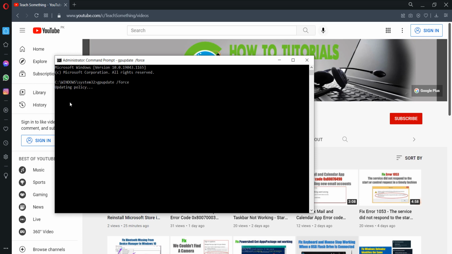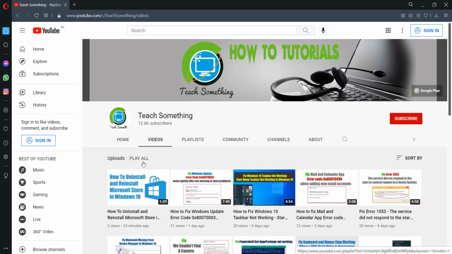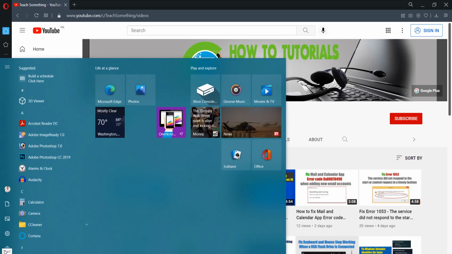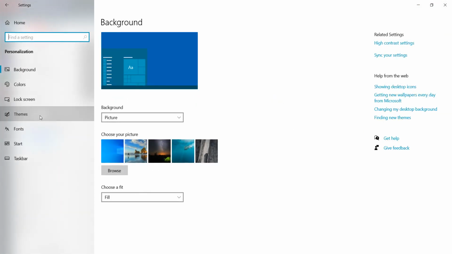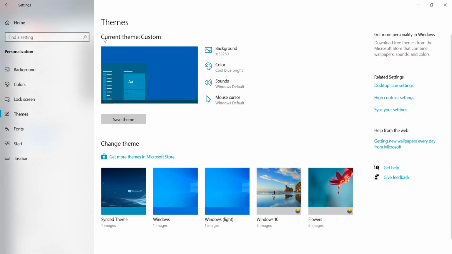After doing this, it requires a few seconds to complete. Now you can see that your group policy updates successfully. So after that, exit and press Enter. After doing this step, go to your settings, Personalization, Themes. Now you can see that the error has been